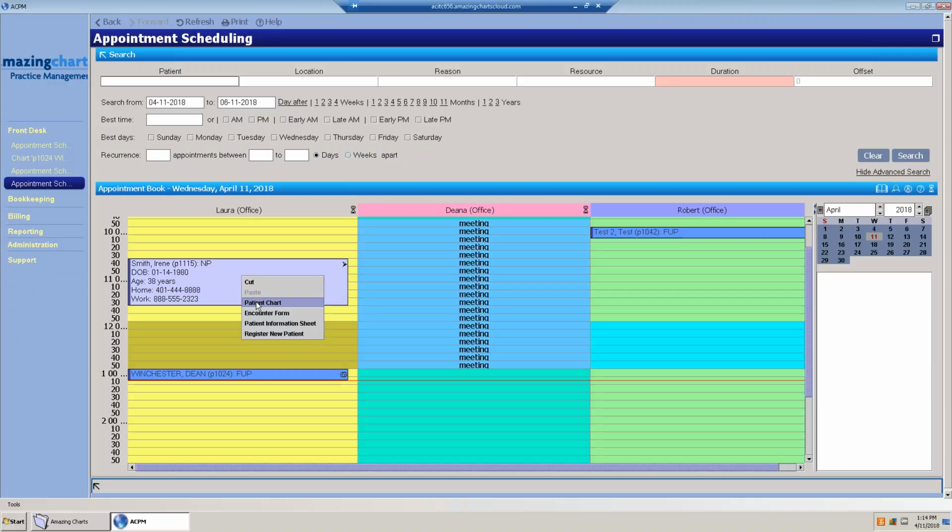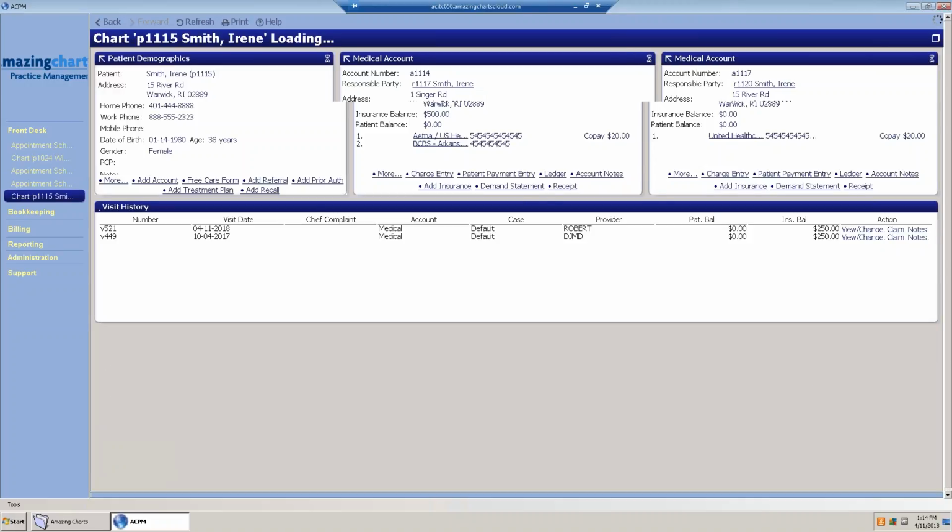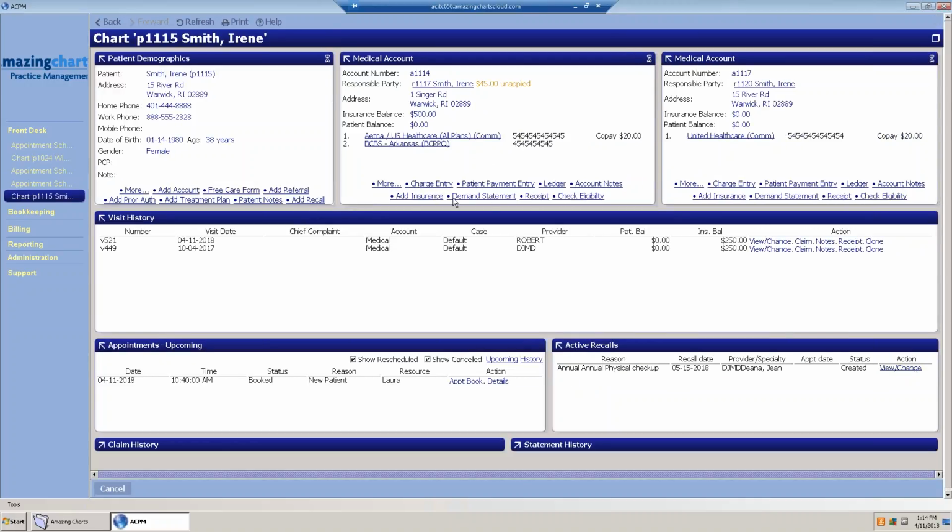And during the check-in and check-out process, the front desk typically is collecting and entering co-payments. So if I open up the patient's chart in ACPM, really everything that you would need to know from a practice management and billing standpoint for that patient is viewable right from within their practice management chart. I can see demographic information. I can see who the responsible party is for the patient, what insurances are active on their account, co-payment information,